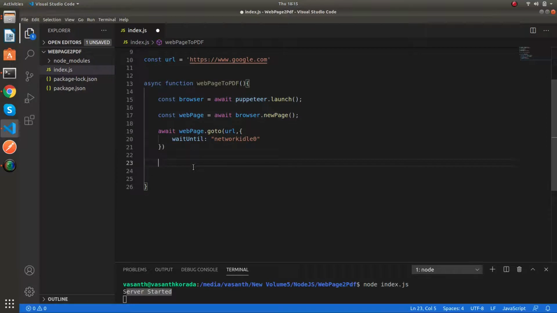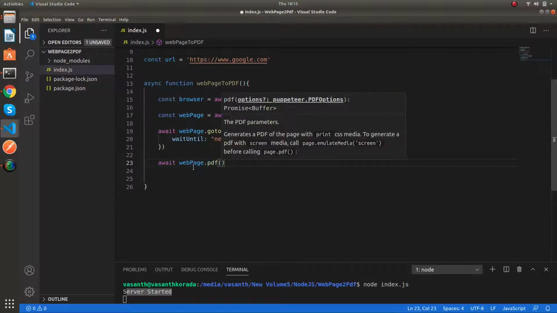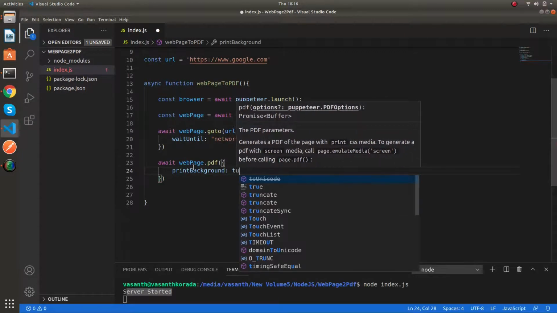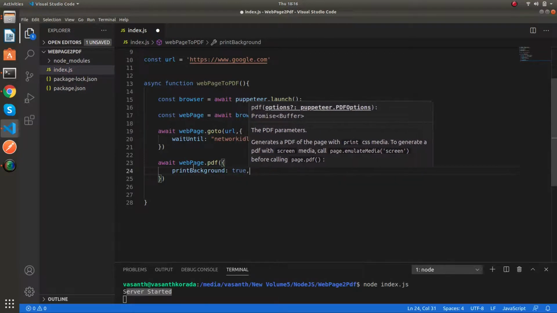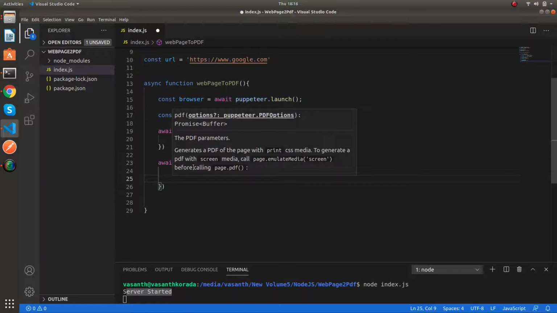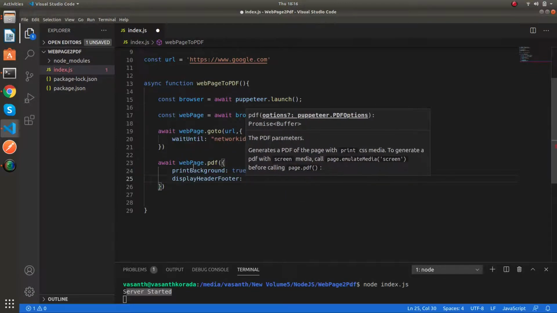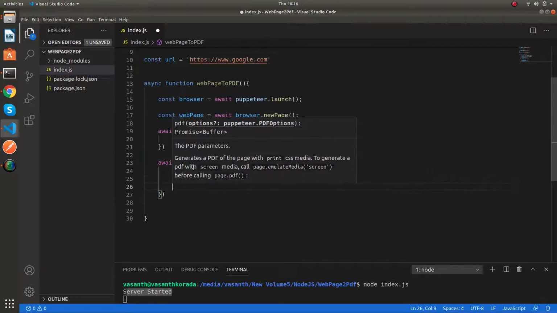And again I'm going to do the conversion here. I'm going to say webpage.pdf. This pdf is a method provided to us by Puppeteer. So I'm going to pass some options as well. I'm going to say also print the background in the PDF, and also I'm going to say display the header and footer as well on the PDF, and